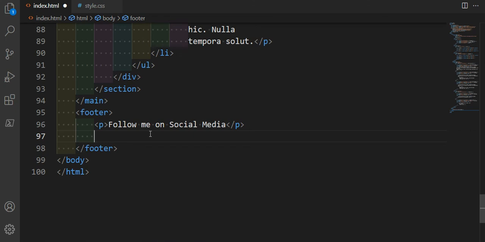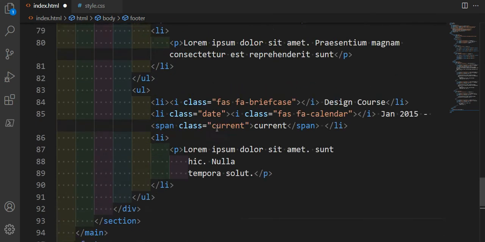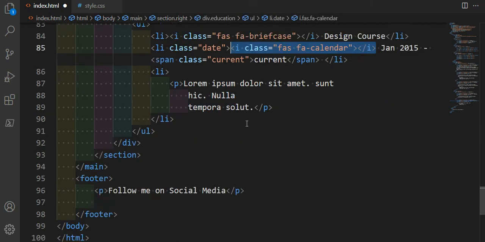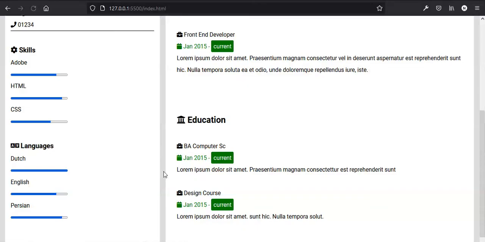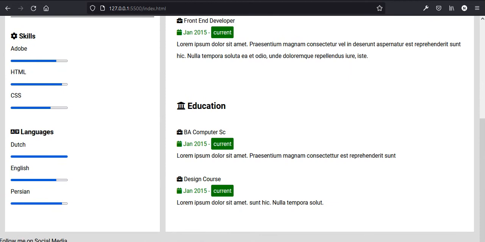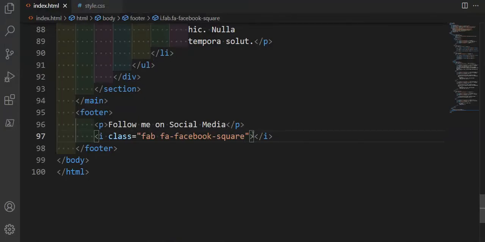Another one is going to be our icons for those. So yeah, the icons for social media. For example, for Facebook, I guess it is fab here or there. Yeah, let's just go with fab, for example. And then Facebook square. Yeah, I'm not sure. Oh yeah, so we, okay, well, you will see it, no worries. So this one, and we are going to